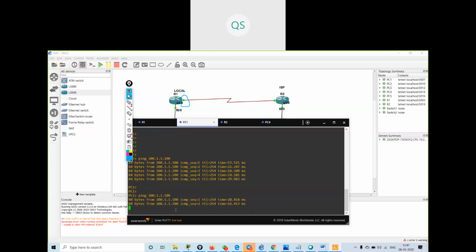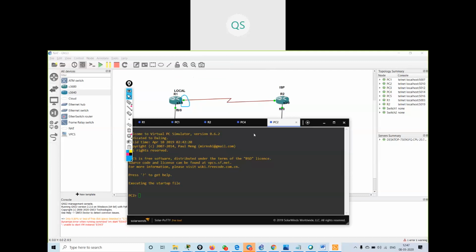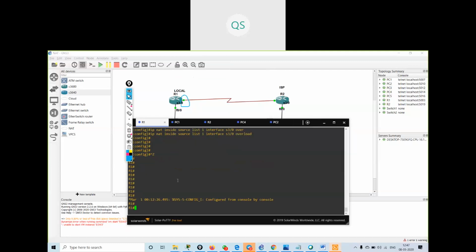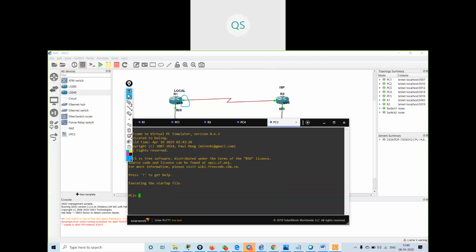Now I will give the IP address to PC2 also. I will see the NAT translation. See, my ICMP packet is using 100.1.1.1. I will give the IP to this PC, 192.168.1.2, subnet mask 24, and gateway 192.168.1.100.